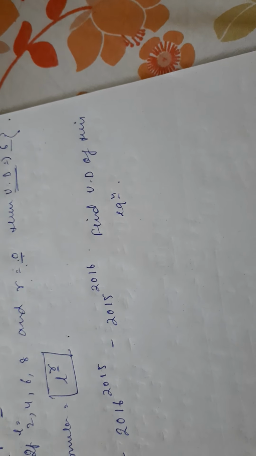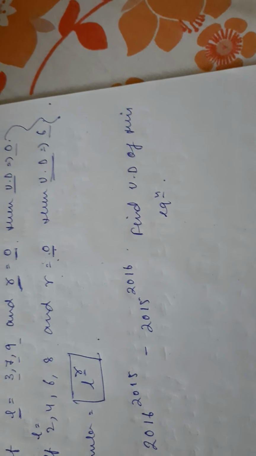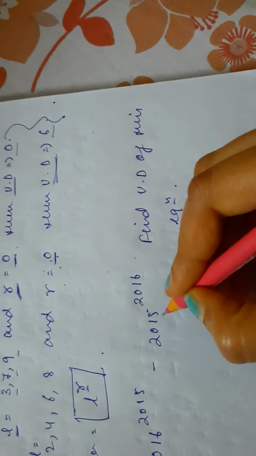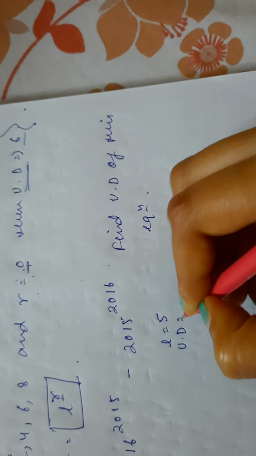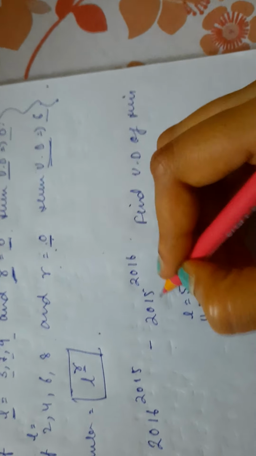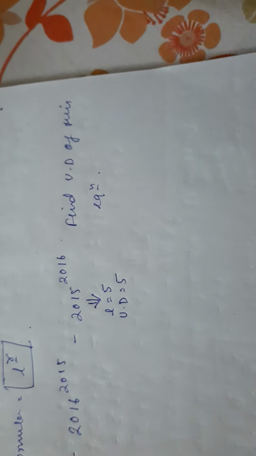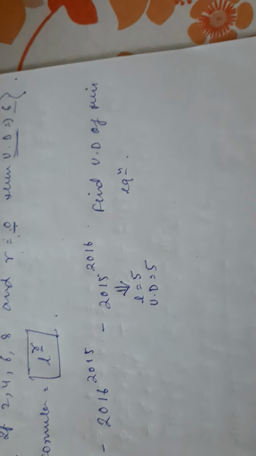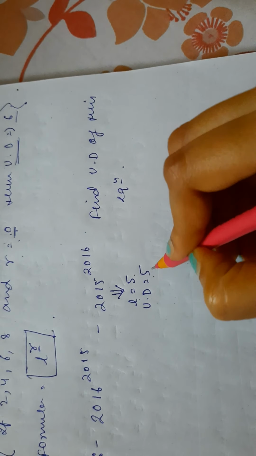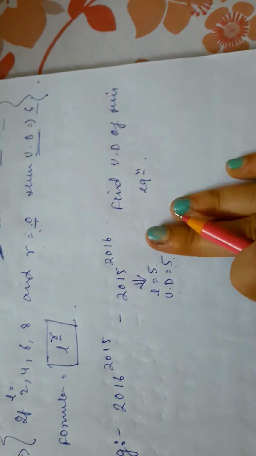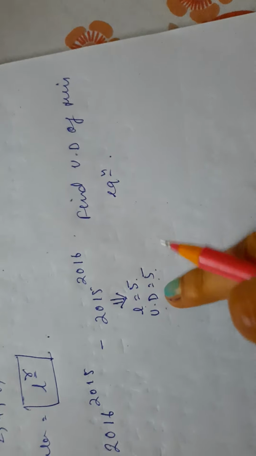So as I said earlier, if your last digit is 5, your unit digit will also be 5. So don't waste time calculating it and doing L to the power R and those things. Don't waste your time. So what will you do? L equal to 5, unit digit is equal to 5. We skip the calculation because we know we have this exception, so we directly wrote it.